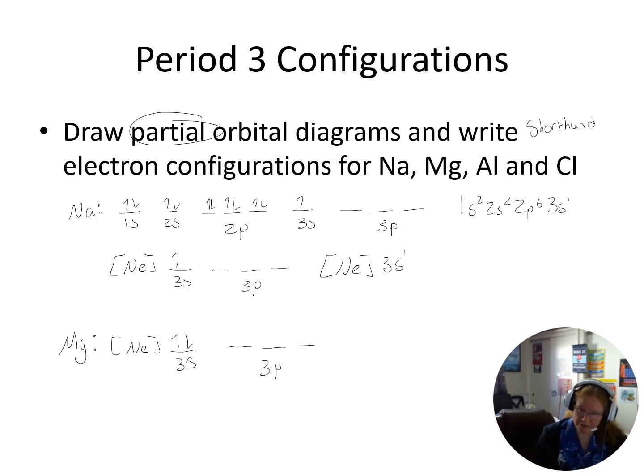We've got 2 valence electrons there because magnesium is the second element there in period 3. So we'll get, okay. And if I wanted to do aluminum